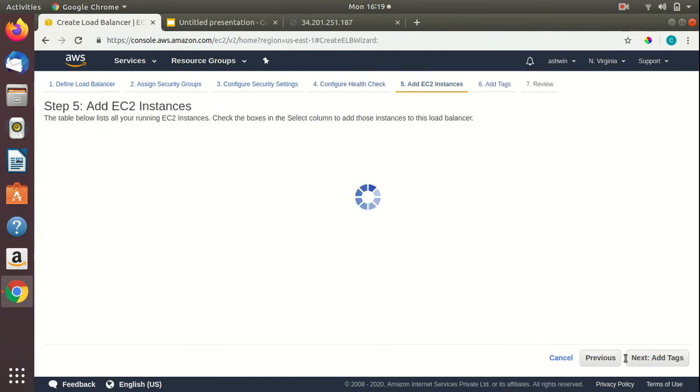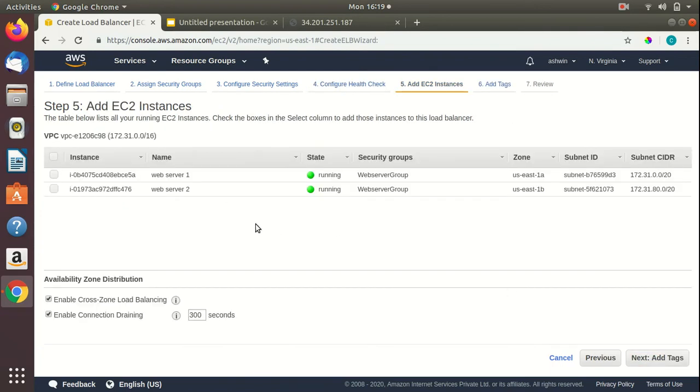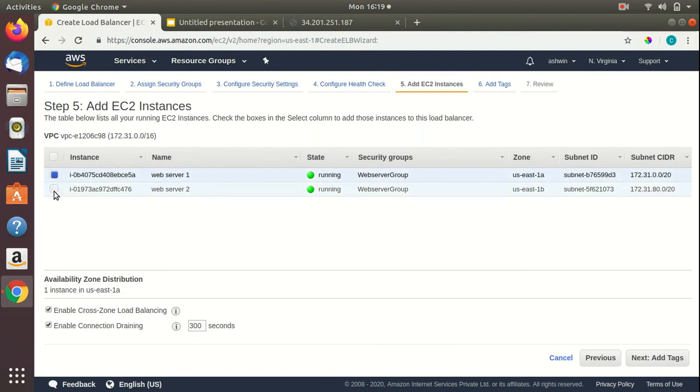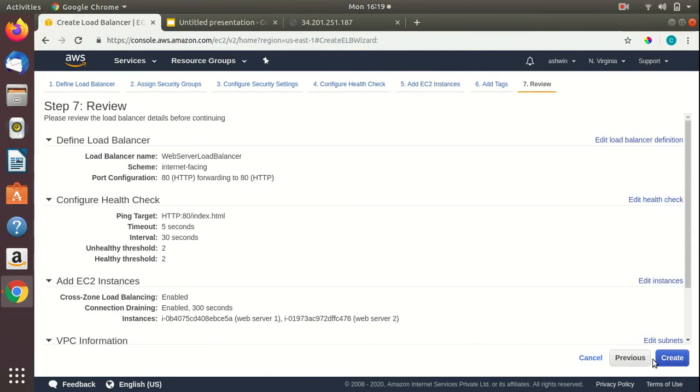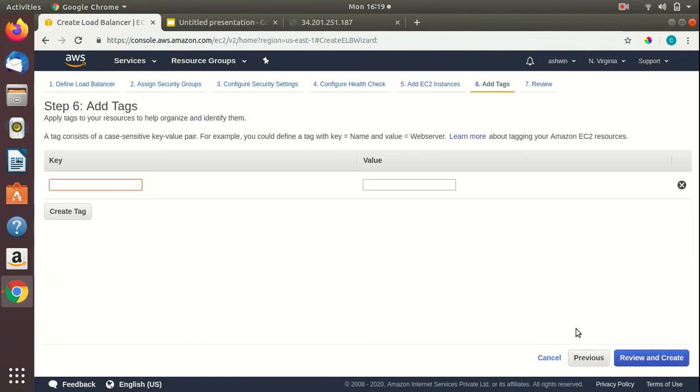Next I click on the add instances button. I'll add both the EC2 instances that I have created. Next, add tags. This is purely optional, and we can give tags to the load balancer or choose not to provide any tags here. And the last step is to review and create.